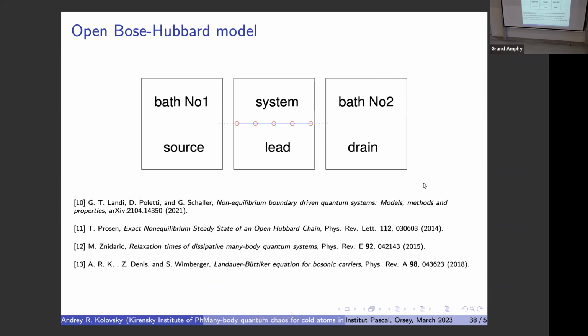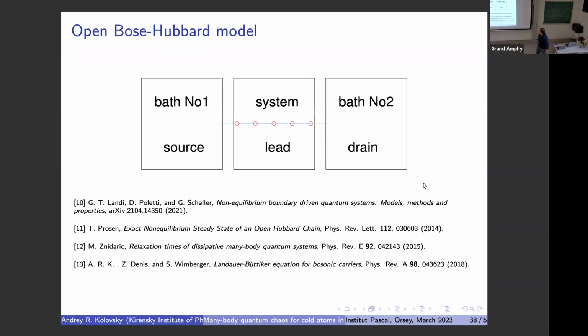Okay, this is the setup which we can do. We have a Bose-Hubbard chain with a finite number of dots or sites. So here capital L is 1, 2, 3, 4. It is capital L. In this Bose-Hubbard chain,